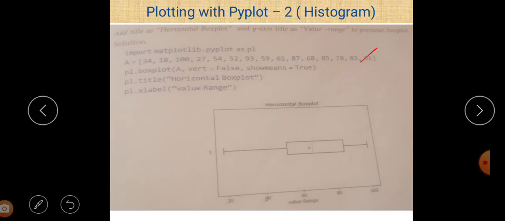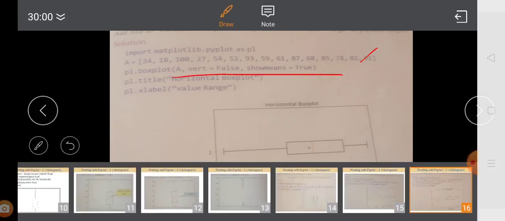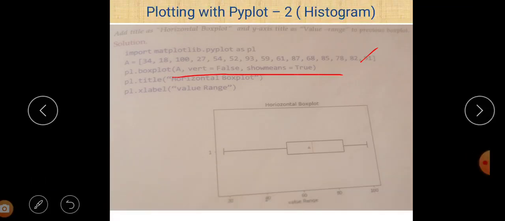So just write pl.boxplot, and after that we can easily see here 3 parameter values are there. First of all, a, then vert is equal to false, so there is a horizontal box plot, and show mean is equal to true. We show the mean of the data set value.